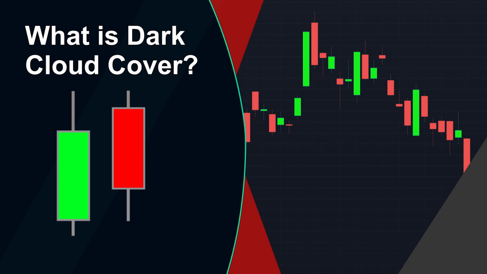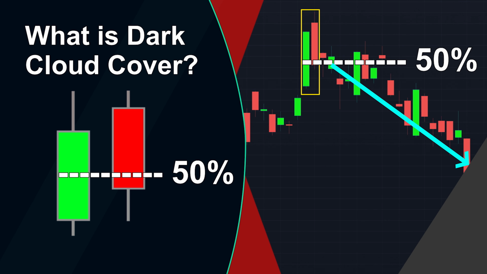The dark cloud cover. What is dark cloud cover? The dark cloud cover pattern is a 2-candlestick pattern which appears at the top of an uptrend, making it a bearish pattern. The dark cloud cover is important to know as a potential bearish indicator, especially if it forms on a higher time frame chart, such as a daily chart. On lower time frames, its significance is considerably reduced.